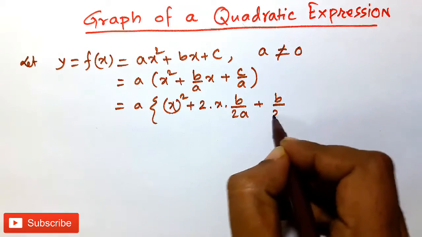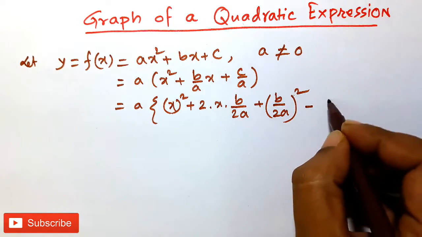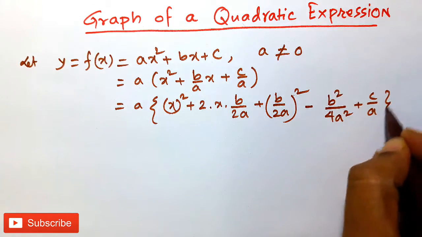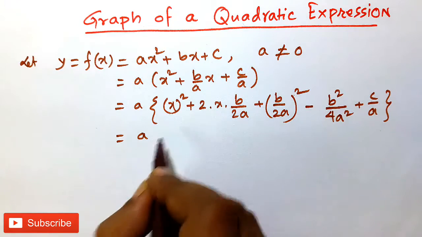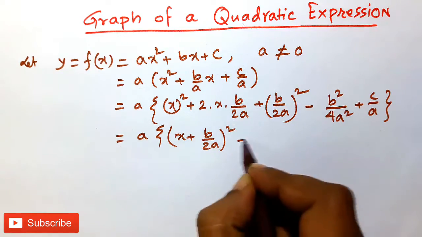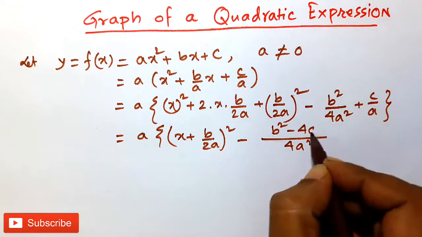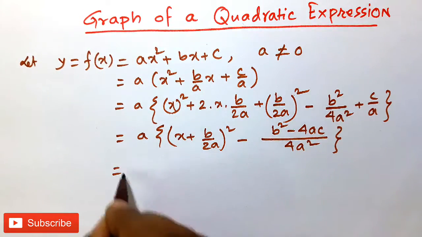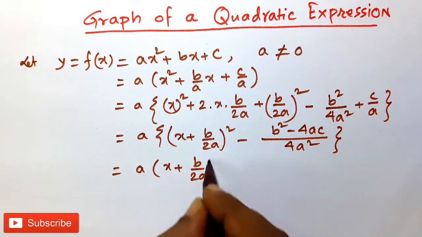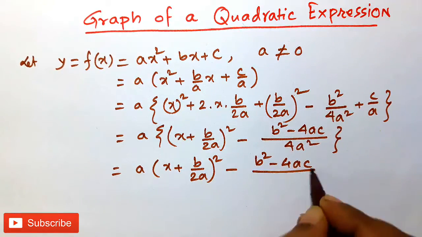plus b by 2a whole square. This is extra added, so we have to subtract this one, minus b square by 4a square plus c by a, such that this is equal to a into x plus b by 2a whole square minus, 4a square is the LCM, b square minus 4ac. So equal to a into x plus b by 2a whole square minus b square minus 4ac divided by 4a,